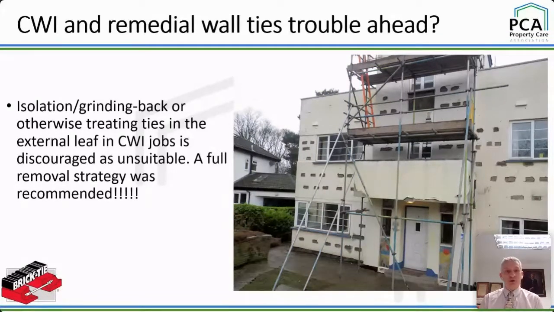So what we had to do is we had to adapt. And we looked at BRE and we found that we could grind back ties. And so we carried out experiments and we found that if you grind back ties, removing the bed joint and the metal in the outer leaf, you don't contaminate the insulation so much. Okay, so when you see CWI, by the way, it means cavity wall insulation, just to let you know. And that became a problem. But at that time, we didn't have a lot of houses. But BRE knew that a lot of houses were about to be insulated. And during that time, the insulation was being given away, wasn't it, by local authorities and power suppliers.